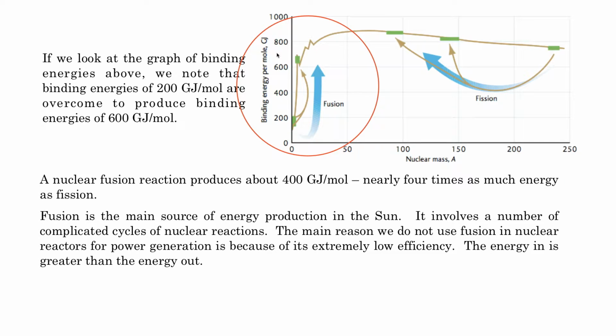This is why fusion reactors have been something that's very, very sought after. This is basically how our sun produces energy. It involves a number of complicated cycles of nuclear reactions. One of the main reasons we don't use fusion all over the place, because you might say, if it creates 4 times as much energy as fission, then how come we don't use that in power plants? One of the reasons is because right now,